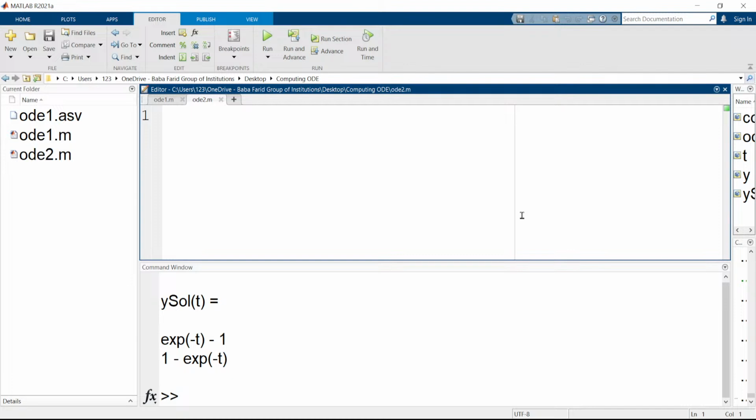Okay, so the problem we have is we are using here double percentage, solution of second order differential equation. Okay, and now for the existing problem we have